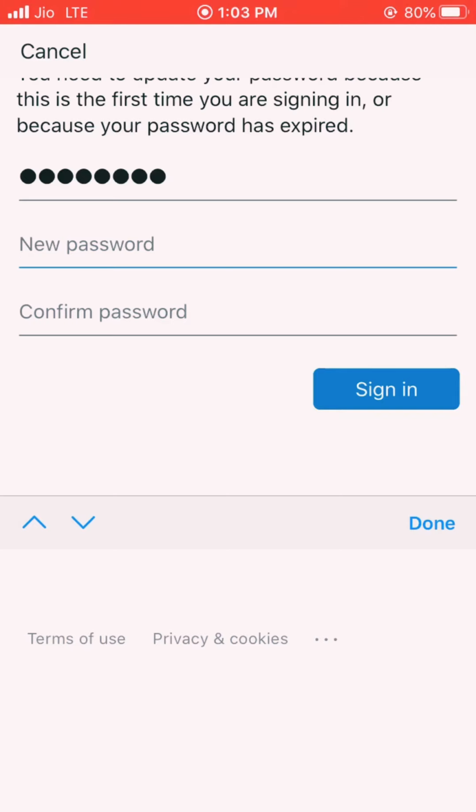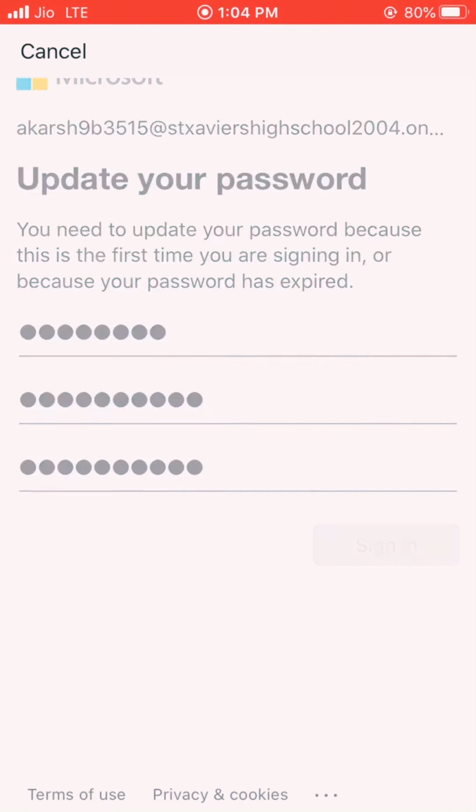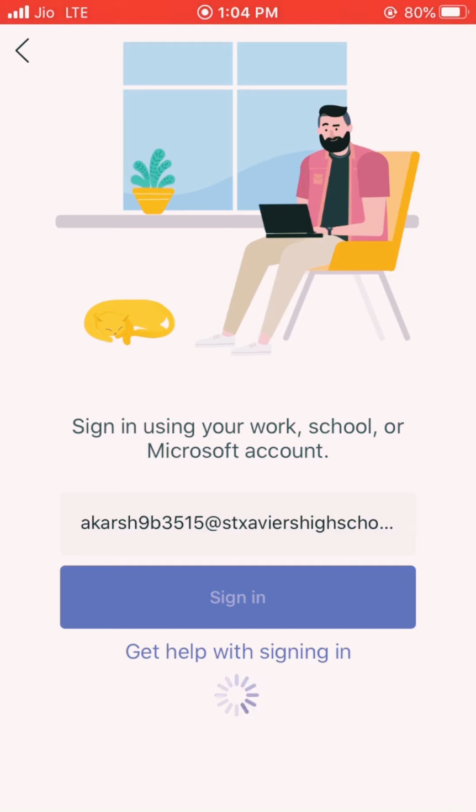So I'll use some different name. Let's see what happens. Now it has accepted. So do remember you have to use a different ID and password.